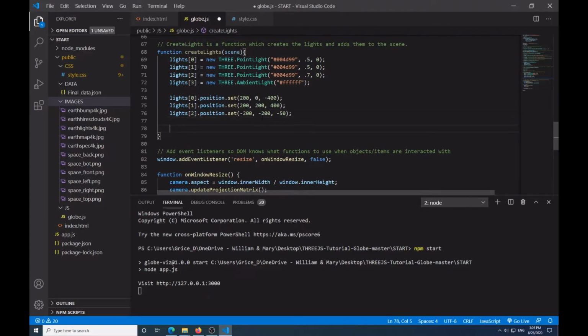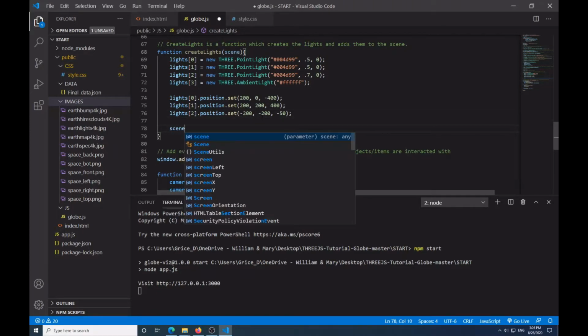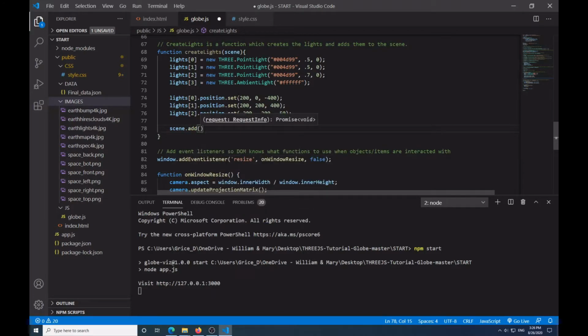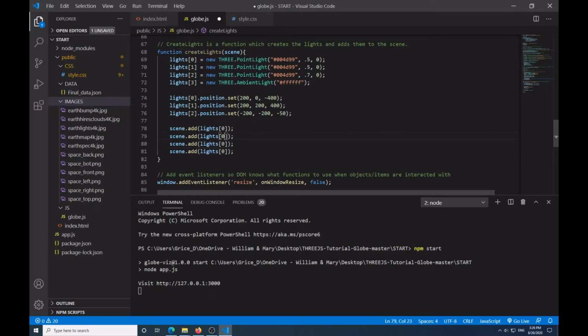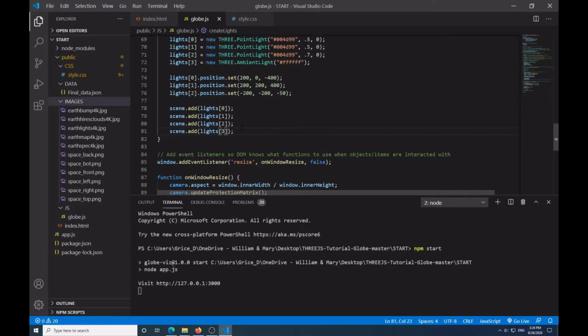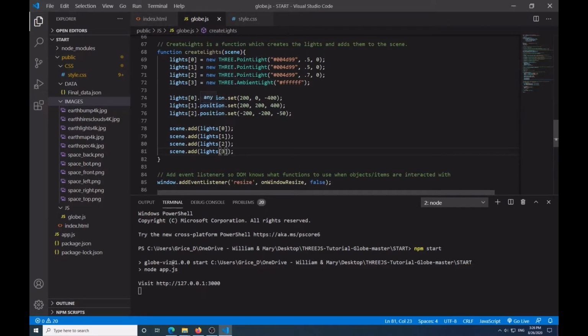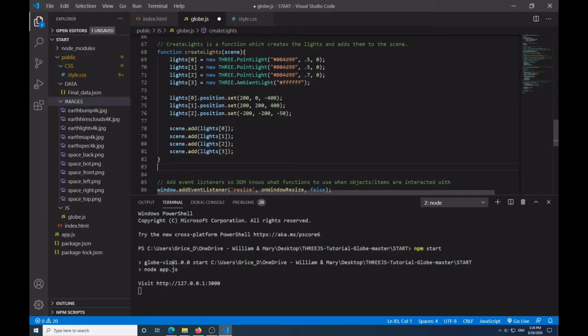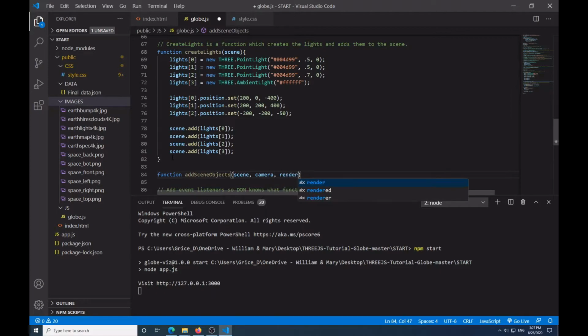Now, once the positions are set, we have to add all of our lights to the scene. So I'm going to say scene.add. Then I'm going to copy this, say lights 0, and then copy the code 3 more times, putting 1, 2, 3. Then I'm going to have this passed into another function. So I'm going to say function addSceneObjects, pass it scene, actually camera and renderer,